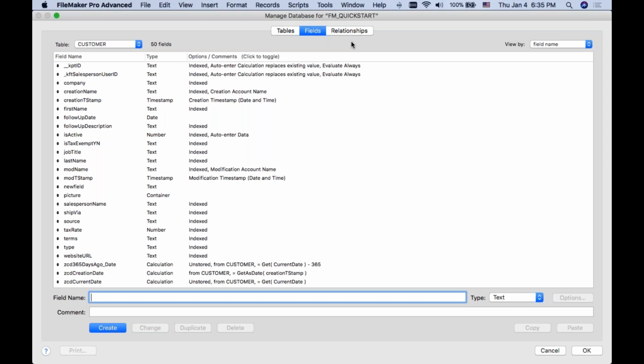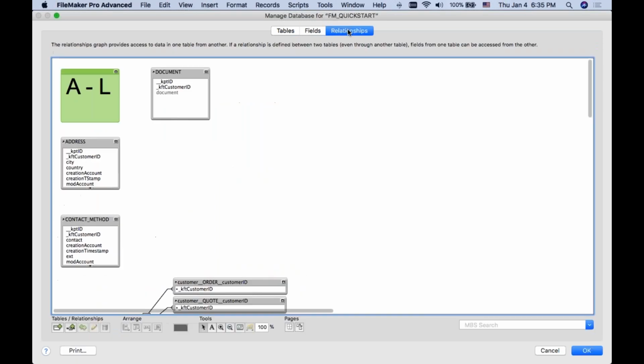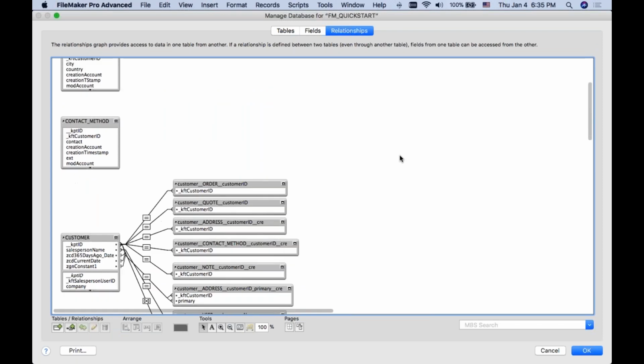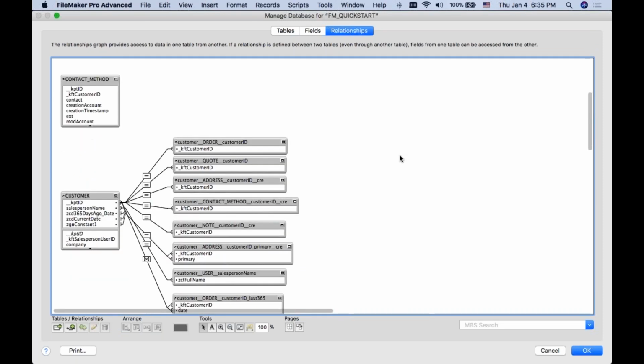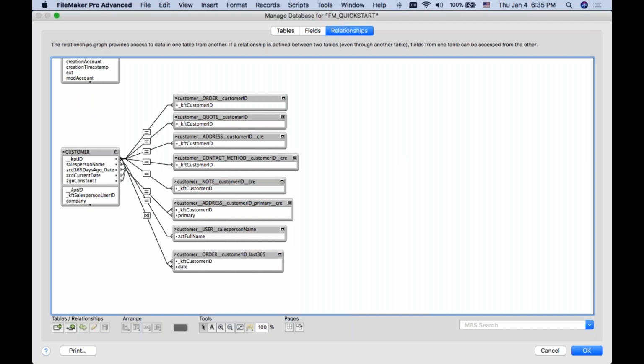And so now the next step is that we need to implement the one-to-many relationship from customer to document. So I'm going to go into the relationship graph, which we have a bunch. Since this is a template, we already have a bunch of stuff here, so you can just kind of ignore everything. I'm going to go down to the customer group here, and to create a new relationship,